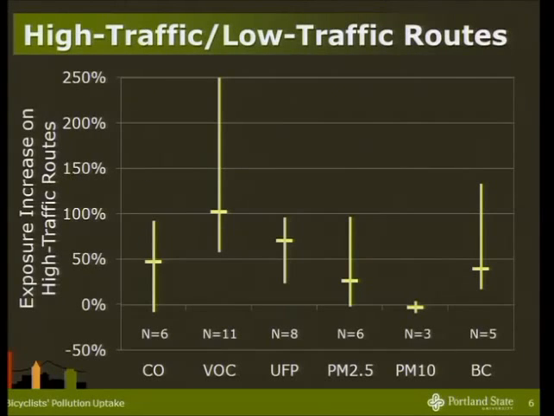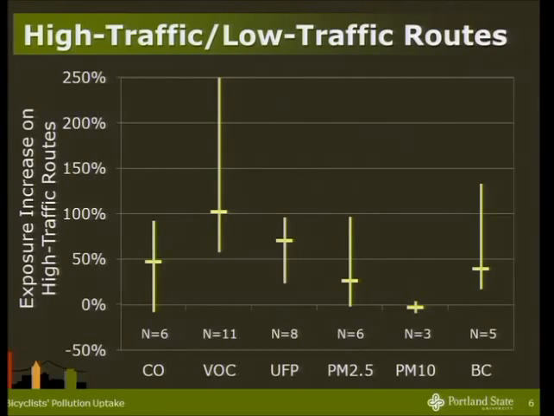One of the determinants of exposure concentrations that has been studied in about 10 of the studies was high traffic versus low traffic routes for bicyclists. So here they would have a prescribed route, which would be along higher volume, large traffic roads, and then another route along low traffic roads, sometimes an off-street path. And there can be some pretty high exposure differences depending on the type of pollutants.